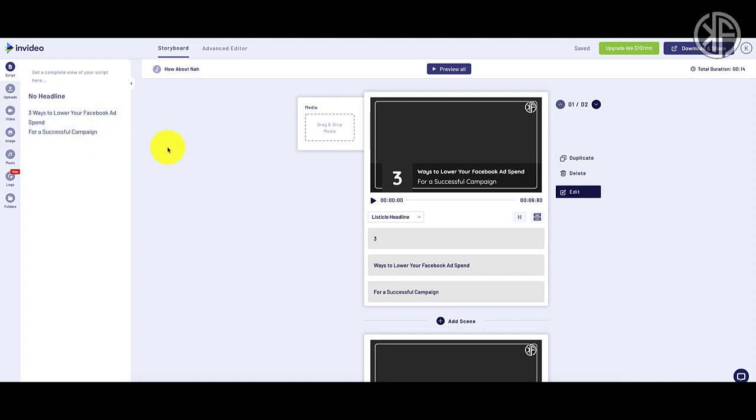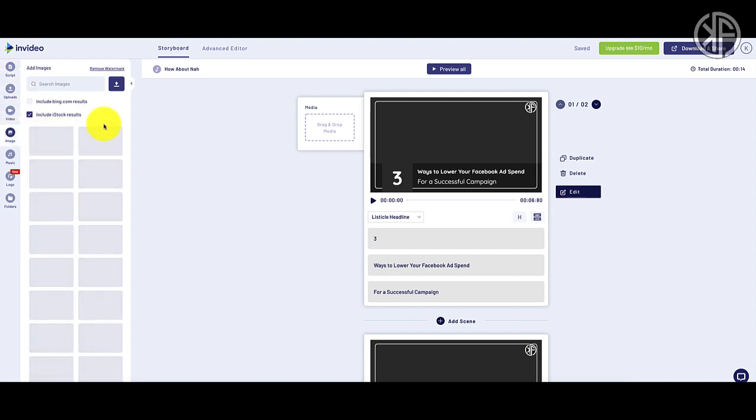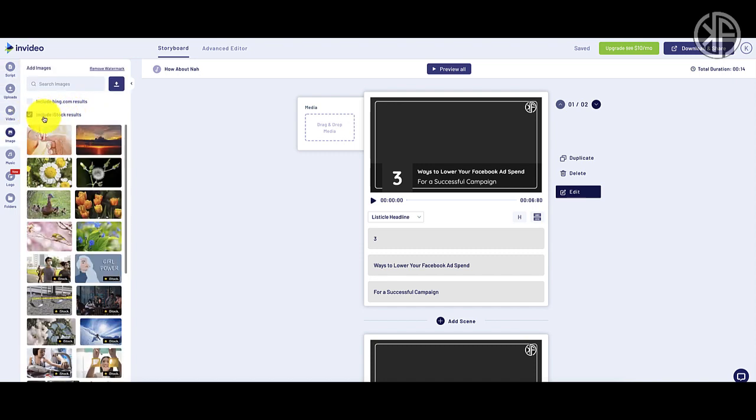If you have your own images and videos, you can upload them as well. But just keep in mind, there is a limit as far as the amount of cloud storage you have. So I'm going to just stick with, let's start off with an image first. And it's already chosen iStock results. And this is part of the premium